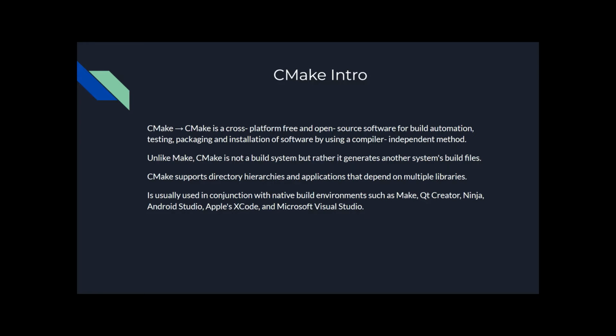CMake supports directory hierarchies and applications that depend on multiple libraries. It is usually used in conjunction with native build environments such as Make, Qt Creator, Ninja, Android Studio, Apple's Xcode,